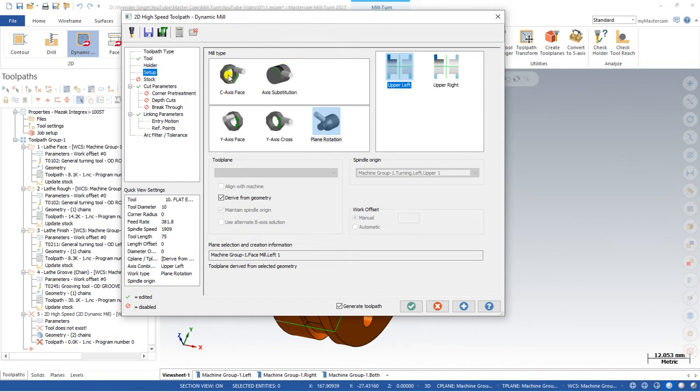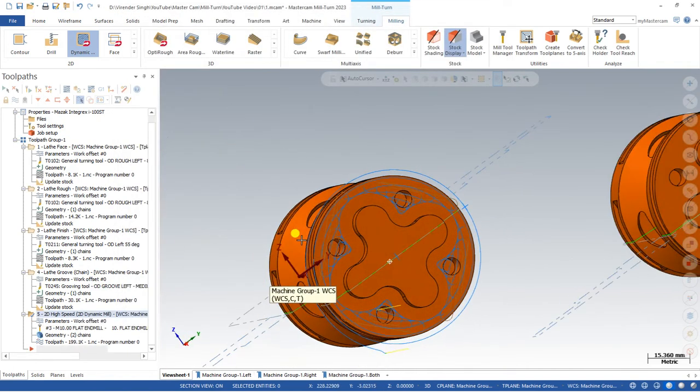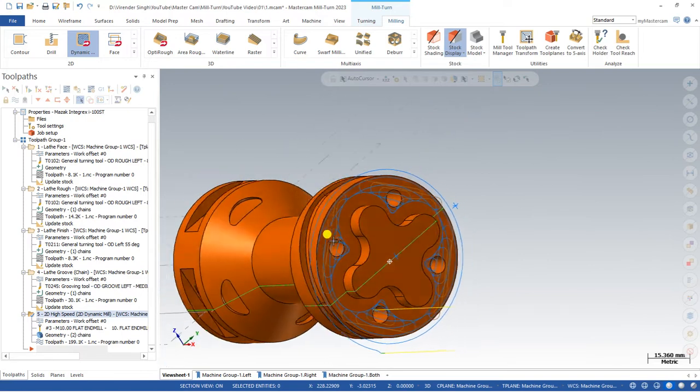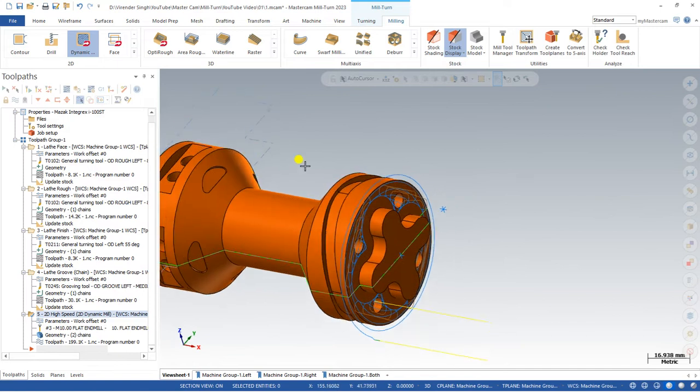And now the milling type which I am going to perform right here is C axis face. So right here I just select the C axis face which I am going to perform, and I just say okay. Now as you can see, this is my toolpath in a perfect and good way. After that I have to create the drilling for this one area, so I have to go to the drill,